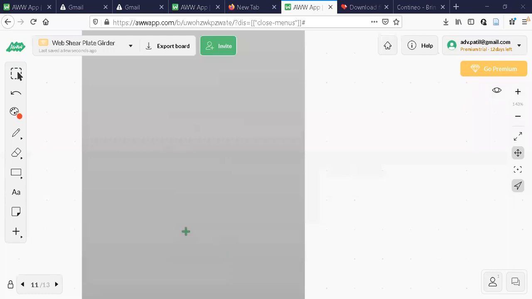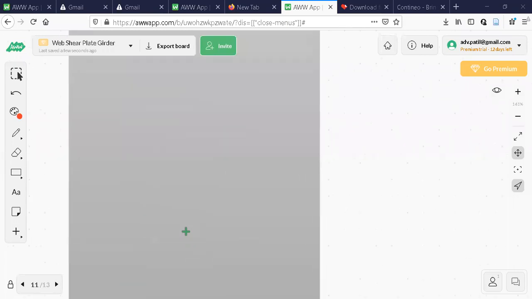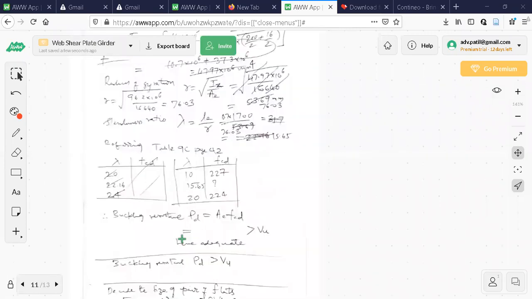You can see this once it opens. I'll show you that one, how the design is done. Again, after this end stiffener, bearing stiffener also I will explain. I don't know whether it is possible in today's class, but I will explain that also. Then assignment will be given.